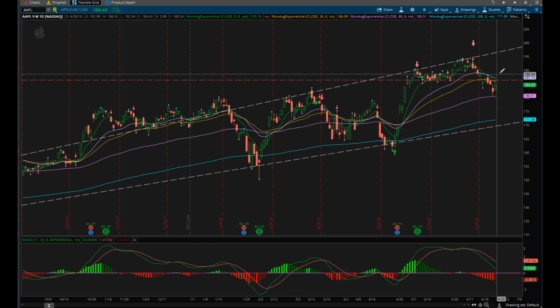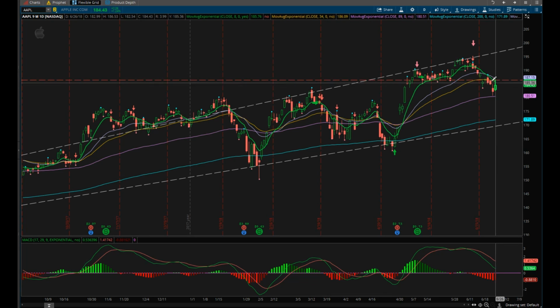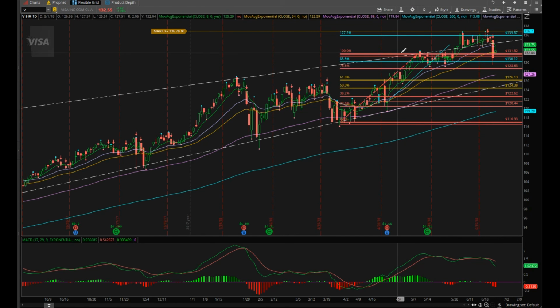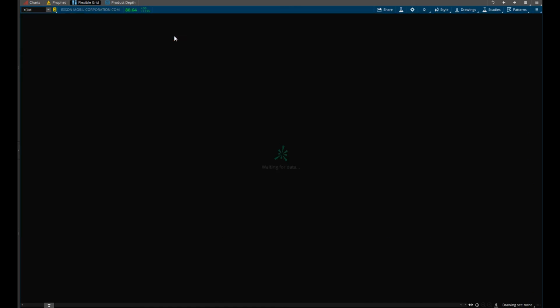It needs to demonstrate that it can go up higher if it moves above the 21 moving average again, and above the 8 moving average, the 8 EMA. Visa moved heavily yesterday and found support in this breakup, and then tried to move up again and then came back. So it didn't find the momentum to move to the upside. Next one is